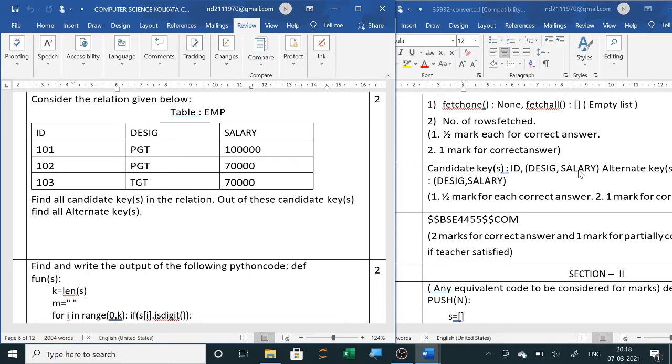So they cannot be used as candidate keys or alternate keys or primary key. So for candidate keys you will write ID, and for alternate keys none is left, because if you use ID as primary key, no more columns are left. So in alternate key you will write none.